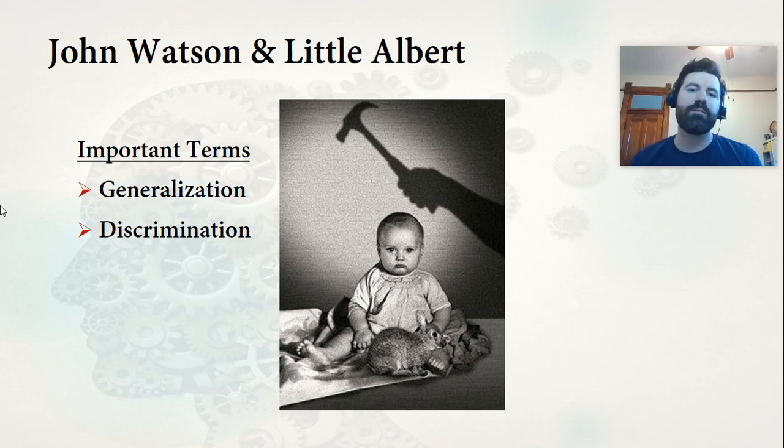So maybe you get attacked by a Chihuahua, and for the next 5 years, you are terrified of Chihuahuas, but you're not afraid of any other dog. Well, you have a very specific stimulus that produces a fear. And so we would say that that's discrimination. Maybe you eat a burrito from Initub and you get really sick. Well, if you avoid burritos from Initub, but you don't avoid burritos from Taco Bell, and maybe you don't avoid tacos from Initub, it's just the burrito from Initub, we would say that that's discrimination. There's one specific stimulus that is producing a response.